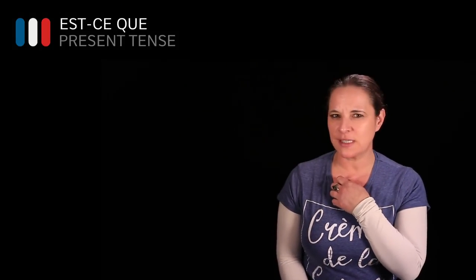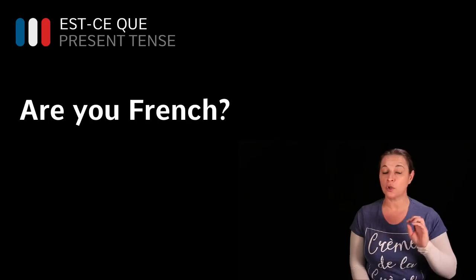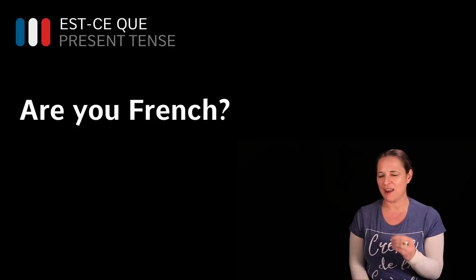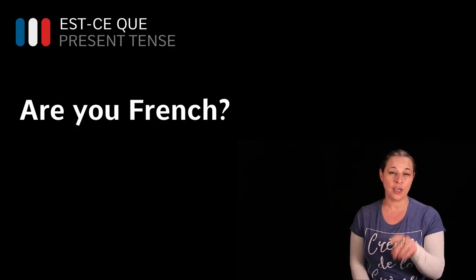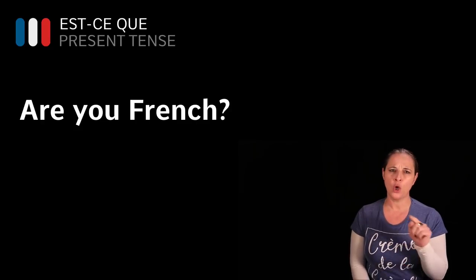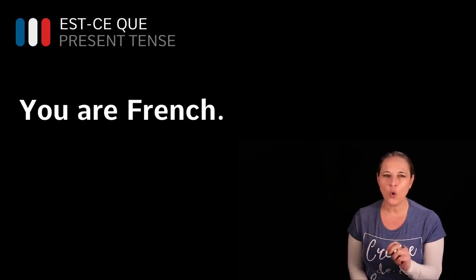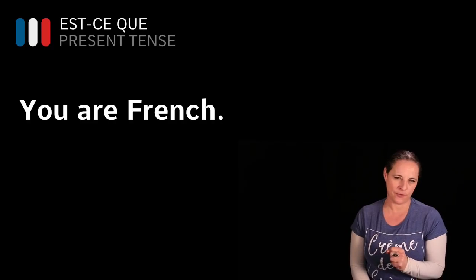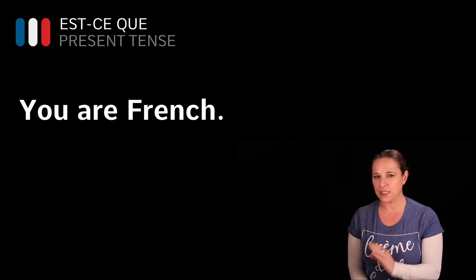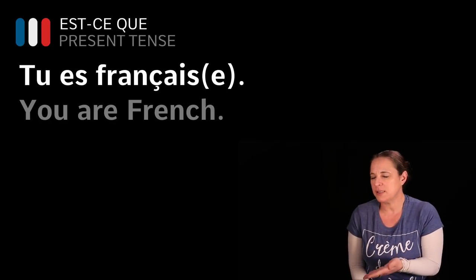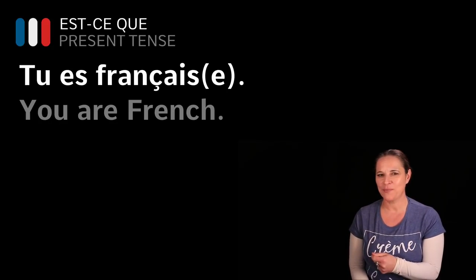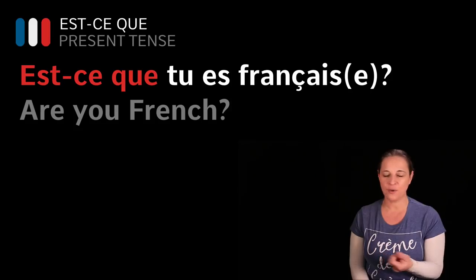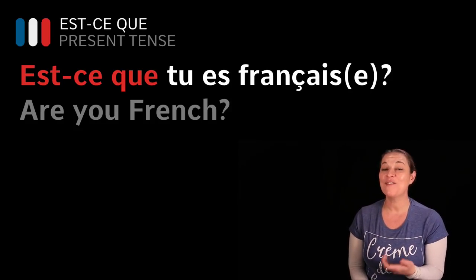So, if you wanted to say, "Are you French?", for example, just simply, not who, why, how, whatever. The way you need to do this in French is quite simple. You put this question in the right order to start with: you are French. And all you need to do once you have this translation is add est-ce que in front of it. So, you are French is tu es français or française, depending whether you are a man or a woman. Est-ce que tu es français? Are you French? Quite simply.